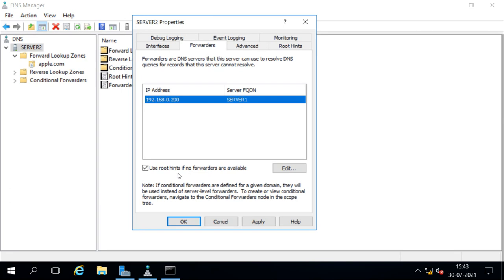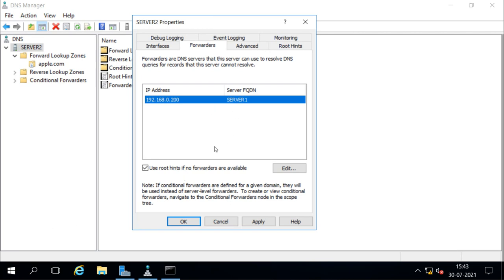Now there is one more option here. It says use root hints if no forwarders are available. So if there are no forwarders configured, it will go to the root hint servers and do the whole process to resolve the name.